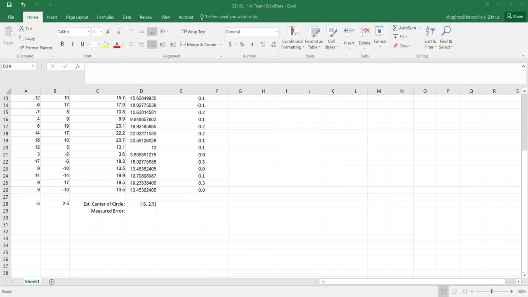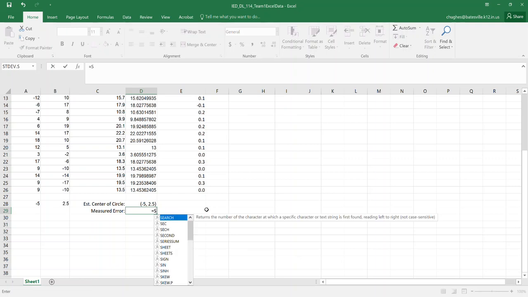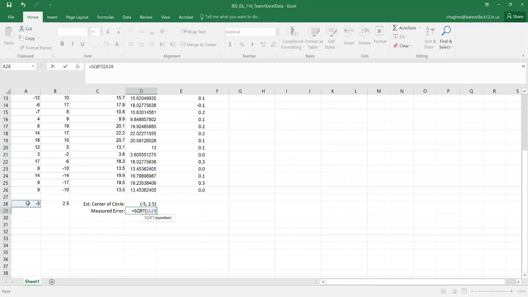What we're going to do is use the same square root distance formula that we used before, but this time we're going to utilize it for the measured error. You can always copy this, or I'm going to type it in. I'm going to double click inside the cell and press the equal sign, because anytime we write a formula we start with equals. SQRT is for the square root. I'll double click on that so it sets the formula in, and make sure it has double parentheses, left parenthesis. We're going to choose A28, which is our x-coordinate,